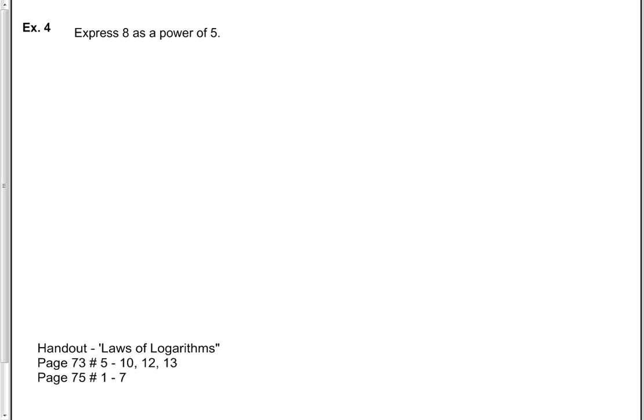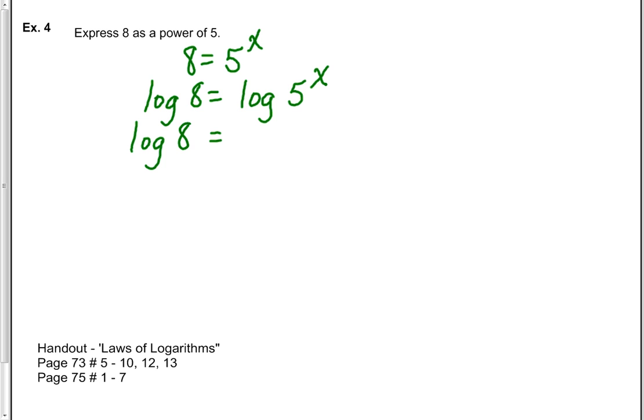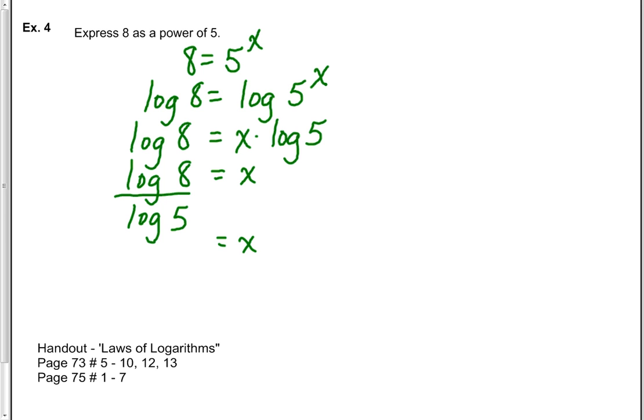Express 8 as a power of 5. So 8 to the what? Sorry, 8 equals 5 to the what? And I want to find that value of x. So again, I'm going to take the log of both sides. Log of 8 equals log of 5 to the x. With logs, I can bring down that exponent. Divide both sides by log 5. Log 8 over log 5 is the value of that exponent x. And using a calculator, I come up with approximately